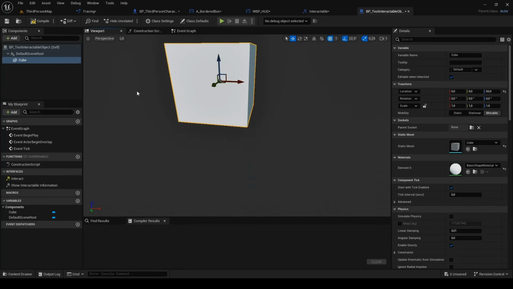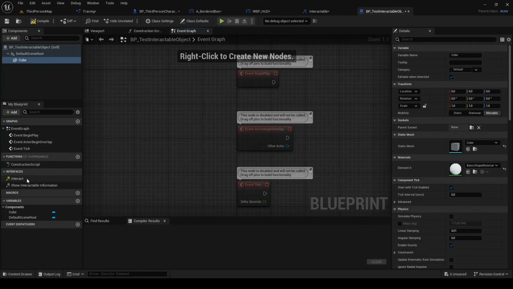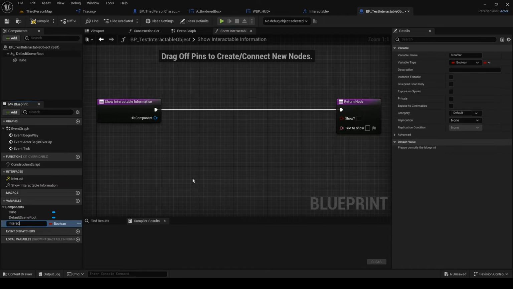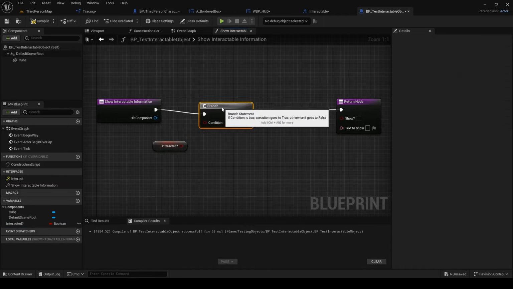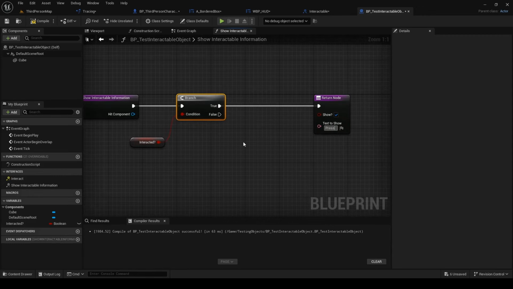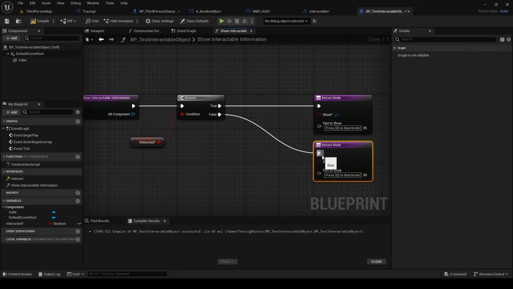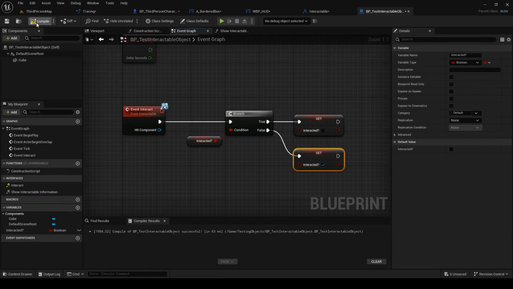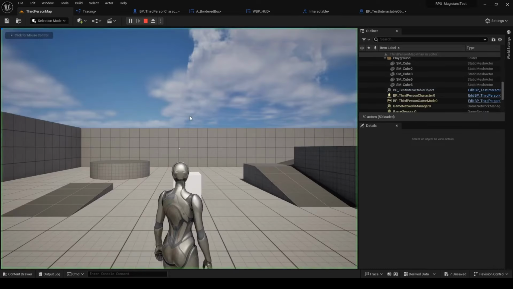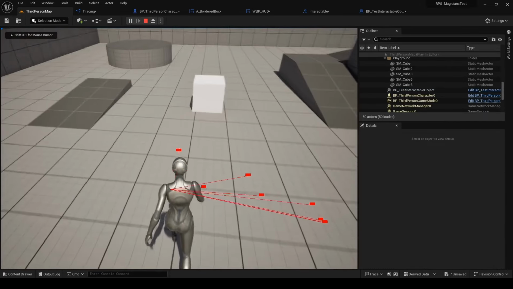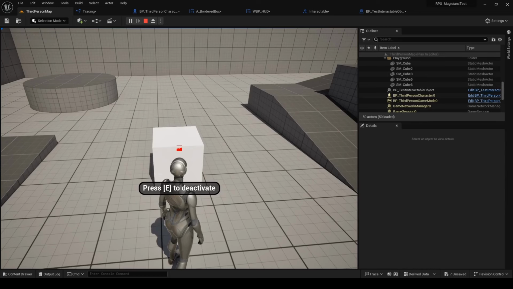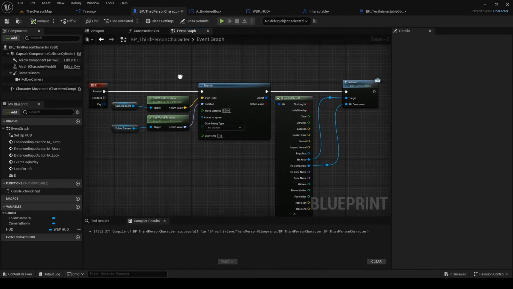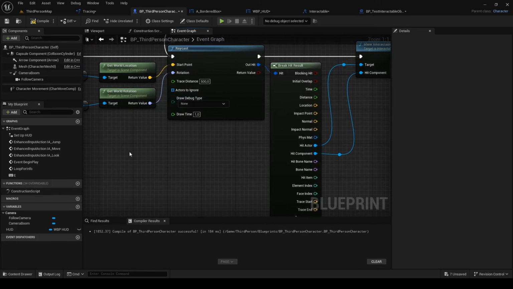When you add it, you can see that on the left side was added functions of the interface. I just add some mesh, and you can implement those functions by double clicking on them. Here you can implement whatever logic you want. Function show interactable information will be used for showing to the player the text of what the interaction will do, and function interact will execute the logic. Here you can see that I created basic cube which after pressing E key changes its state. I also forgot to turn off visibility of raycast, so set the draw debug type to none if you have it as I do.